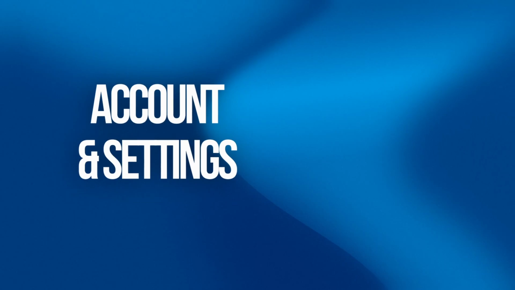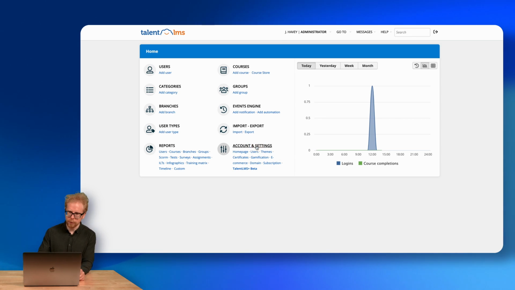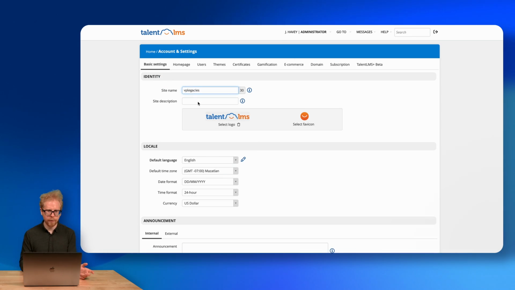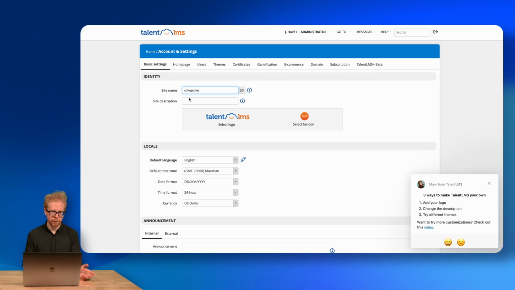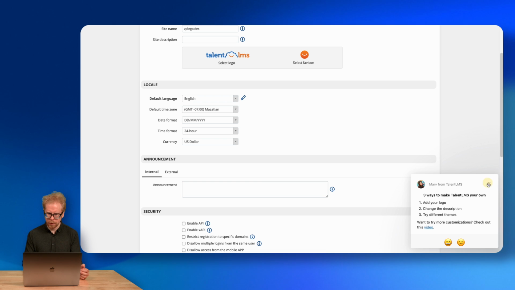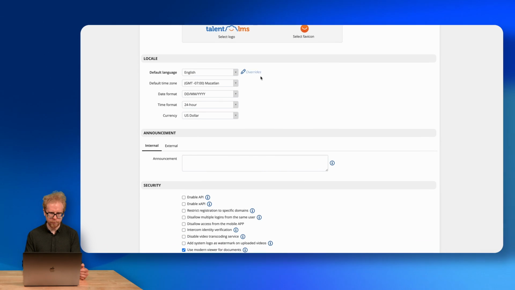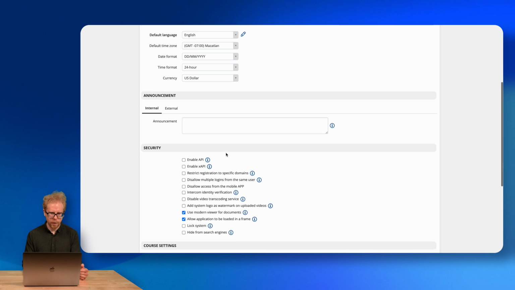Now let's look at account and settings and TalentLMS Plus Beta. Here we go, account and settings. This is where we get to name things. We name our site. Site description, logo, favicon. You can look through all this yourself. Just showing you that you can customize even more things. You can enable the